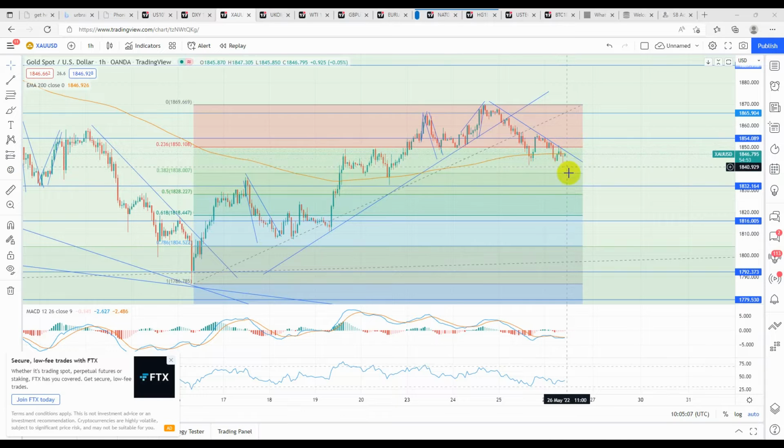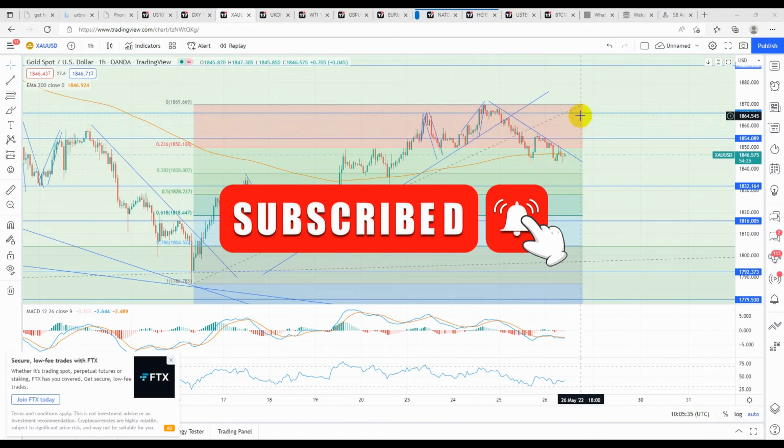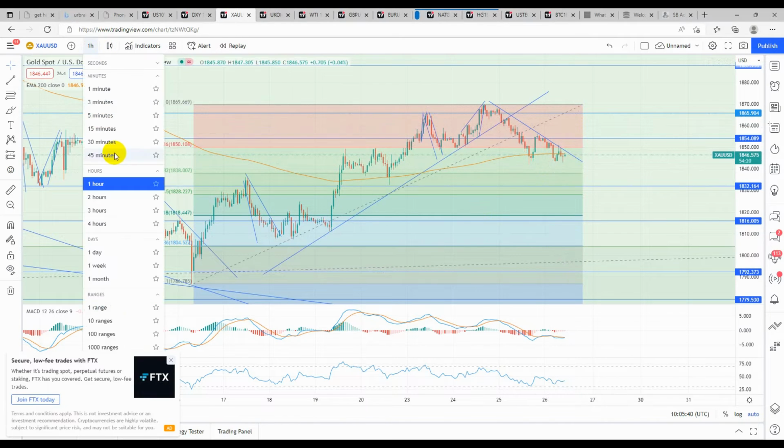Gold might just drop a little bit lower before showing signs of pulling back to retest that high around the 1865, or it might be about to do a retest of around the 1865 level. Either way, somewhere between 1855 and 1865 would be a nice entry point for a sell on gold. If it does exceed the 1870 level, then I'm afraid I'd be wrong and the situation changes. But until then, I would like to stay on the short side of gold and take gold down to 1770-ish. It probably will exceed that, maybe 1750 or so, but I'd be comfortable closing out at 1750.